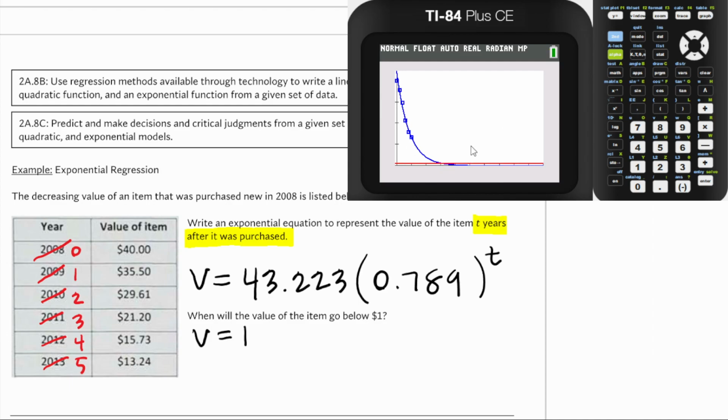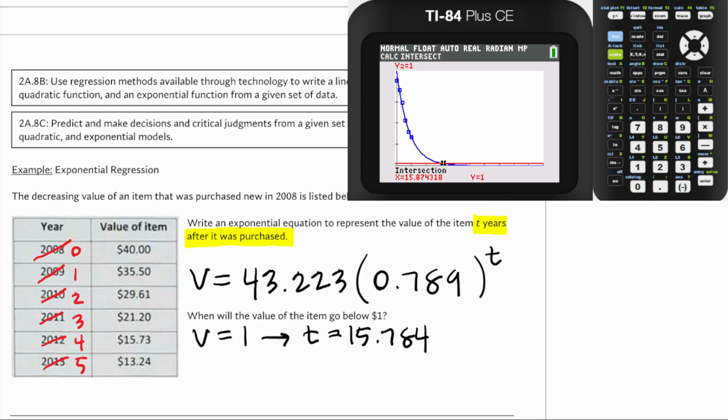We see there's been an intersection, and we're going to calculate the intersection. So we're going to go to calculate, because that's the menu where all the good stuff is. We want an intersection, so we're going to choose 5. The first curve is y1, the blue curve. I'm going to press enter. The second curve is y2, the red line. Give it a guess. It doesn't really matter because there's only one intersection. We'll see a situation where it does matter later. You can go over, make it pretty close, and we see that that's x equals